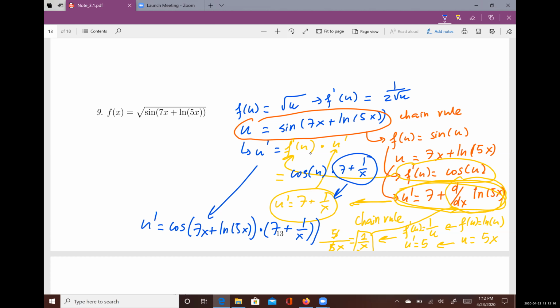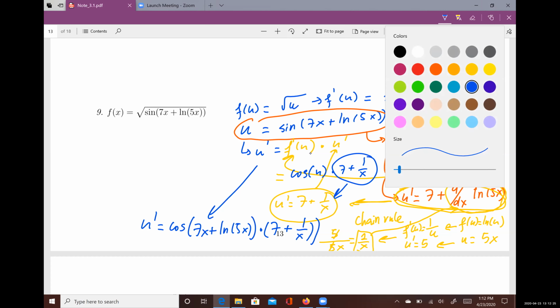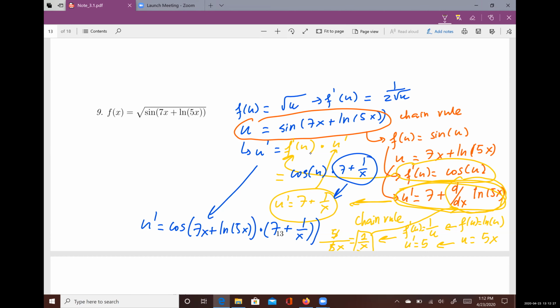Okay. And then again, we want to find this u prime because we want to find the derivative of f of x here. So now we actually can combine everything in order to find the derivative of f of x. The derivative of f of x here equals to